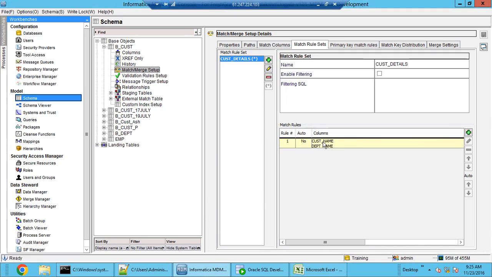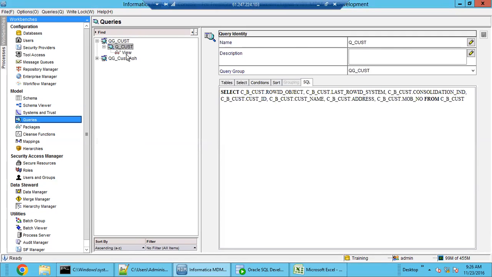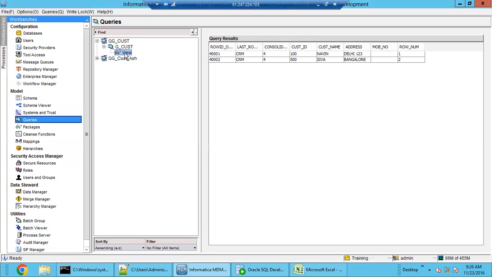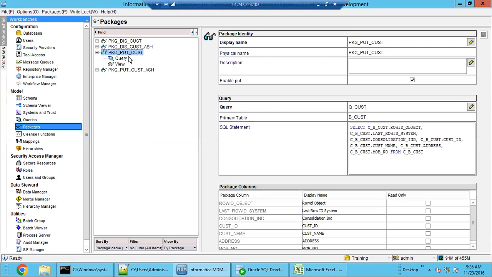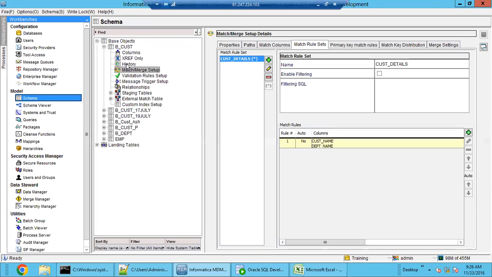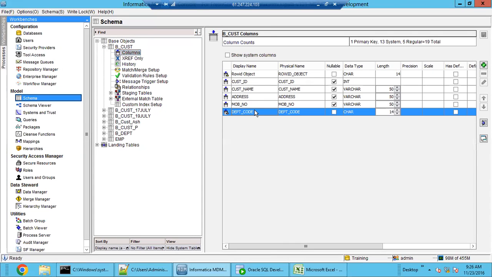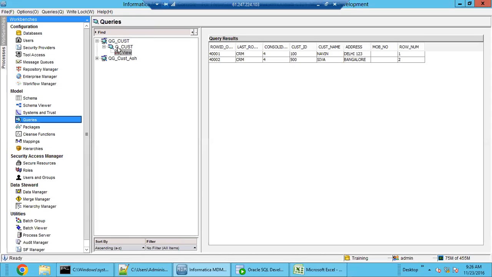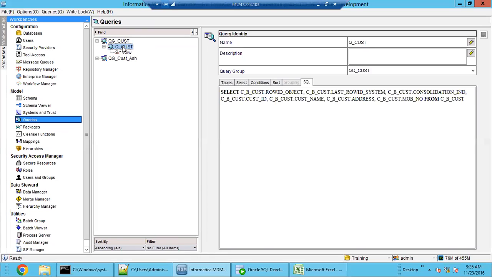I think we have already created the query and package for customer. Let's see. So we have already created a query for customer and also a package for customer. In this package we can view the data. We have only 2 records, and what is the department here? Here we can see in columns we have department also. But when we created the query, I think the department was not there, so we had not taken the department. So what we need to do now,